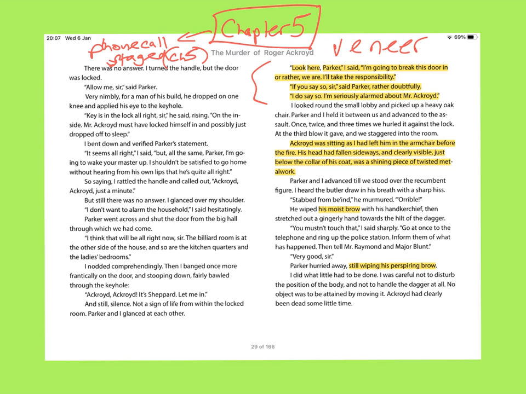Interesting line here. "Ackroyd was sitting as I had left him." Well, yes, quite. You were the last to see him, alive and dead, because you murdered him. But again, that's something you see on a second reading. So on your first reading, refer to that as a foreshadowing clue. At the level of narrative, read that as Shepherd, the would-be whodunit writer, gloating about his own level of, well, I gave you clues, you didn't see it, did you? "As I had left him when I killed him. In the armchair before the fire."